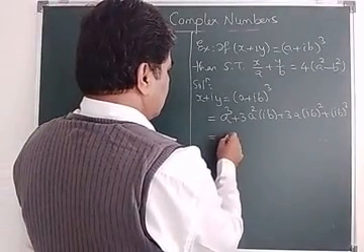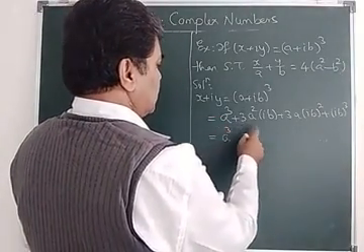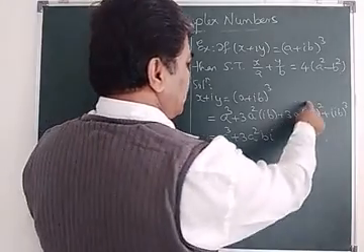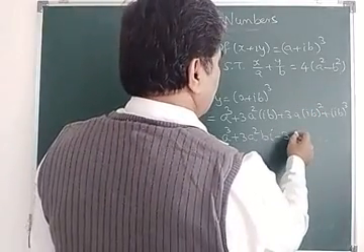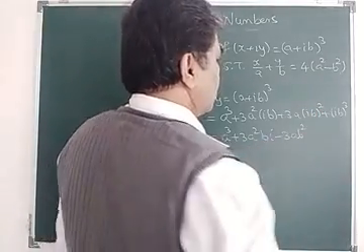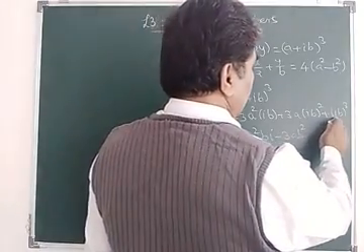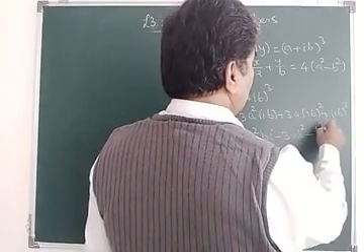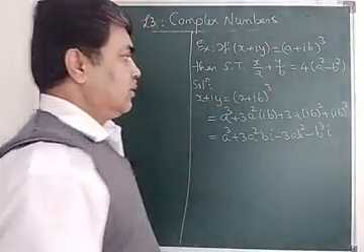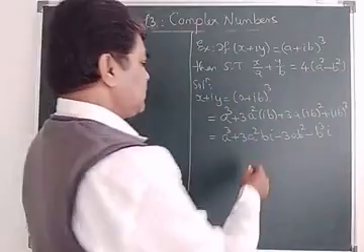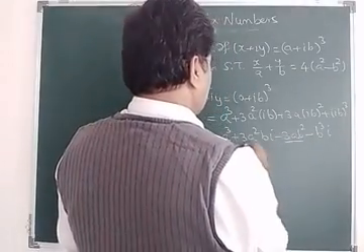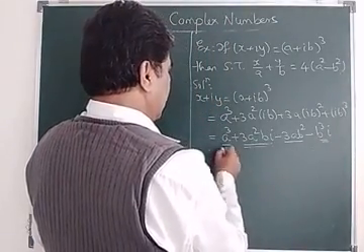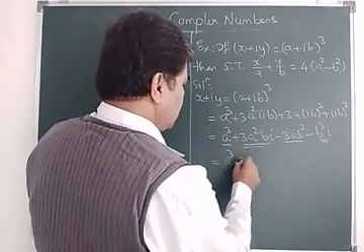So we'll get a cube plus 3a square bi. I square is minus 1, so we'll get minus 3ab square. And i cube is i square into i, so we'll get minus b cube i. This is our real part, and this is your imaginary part. So this is nothing but a cube minus 3ab square